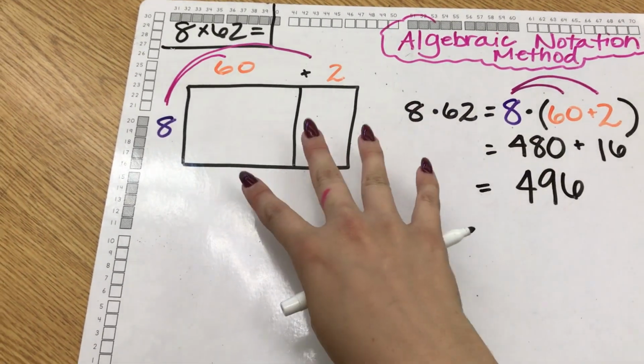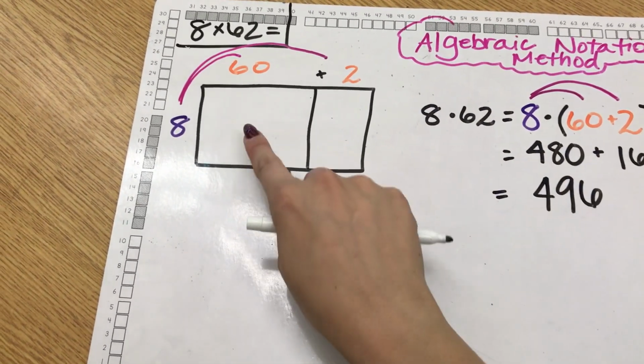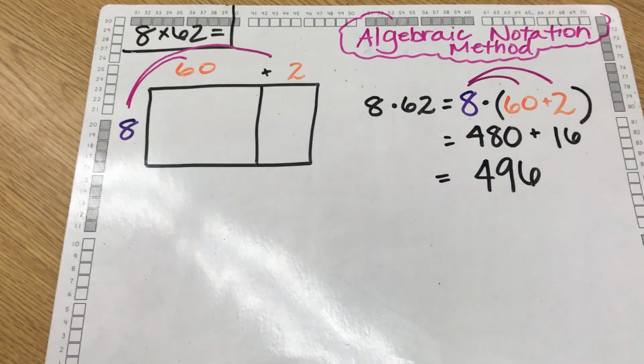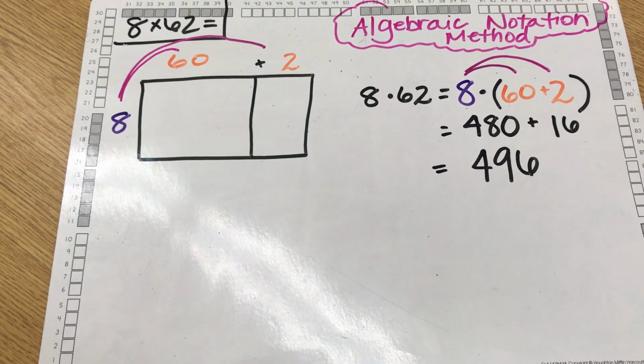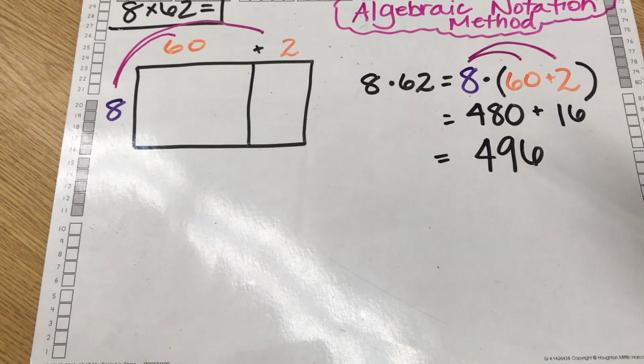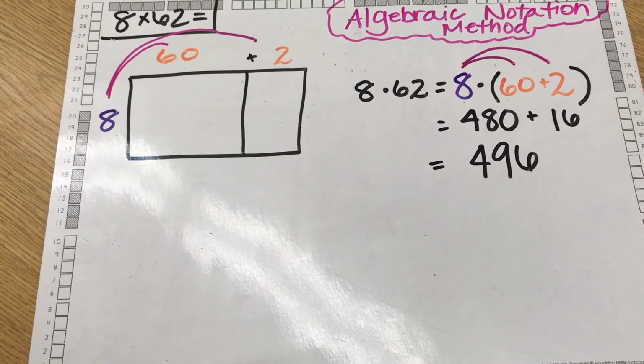You could have gotten it the same way if you had just done the area model and found the partial products and added them together. But again, this is just a different way of writing it. So not something completely brand new, just a new way of writing it down. Okay? If you have any questions about that,